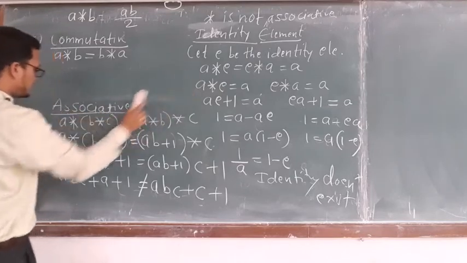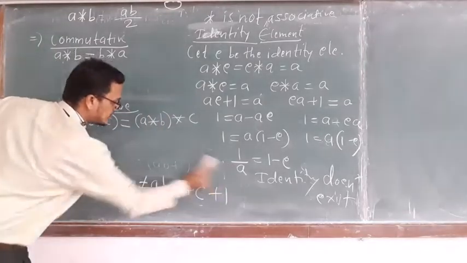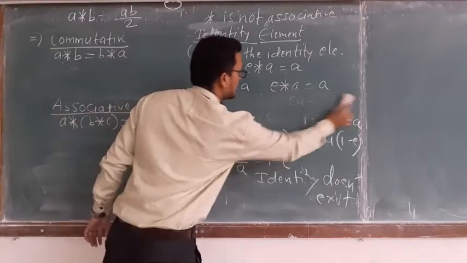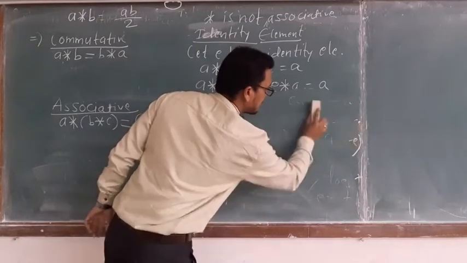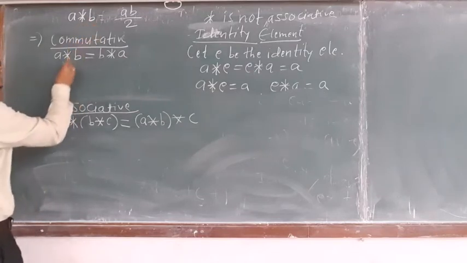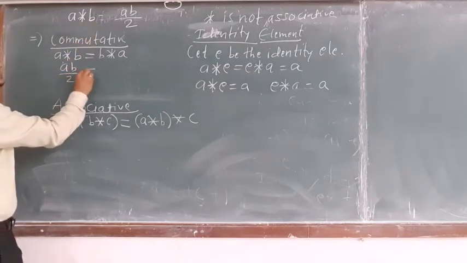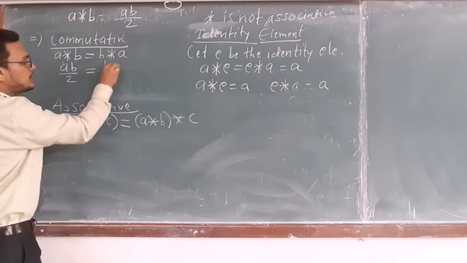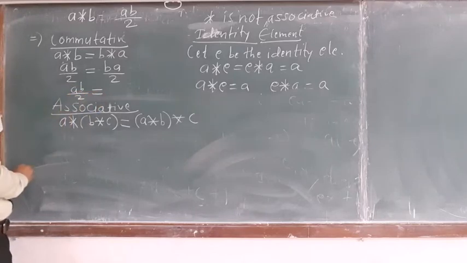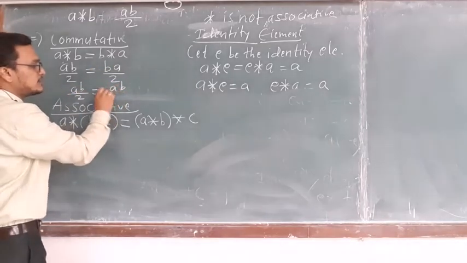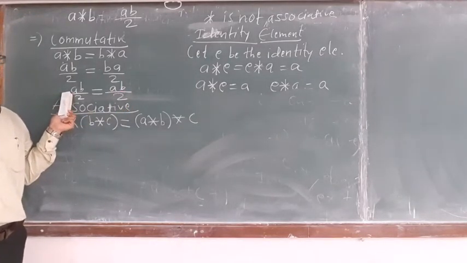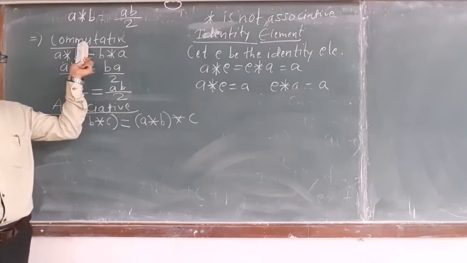So for this again you are going to check the commutative, associative and existence of identity. So let us find the first part, that is commutative law. So definition is A star B is AB by 2, which is equal to, what is B star A then? BA by 2. But as I told you, this BA can be written as AB. So again it is AB by 2. So both are equal. Therefore star is commutative.